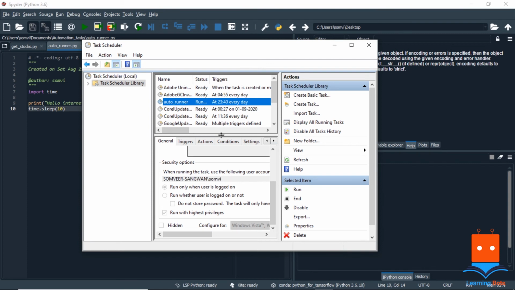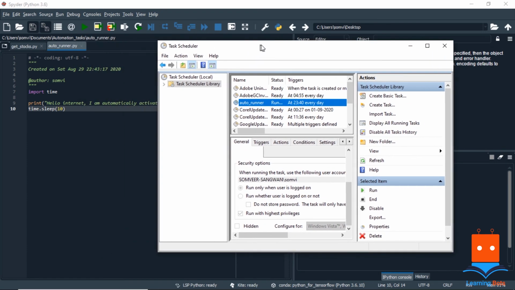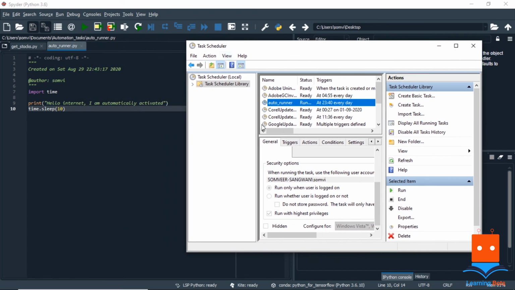So it is scheduled, and we can schedule it every time we want and for any duration. I just used it for one line of code, but it can run anything that has a Python script in it. We have done some previous projects like file automation and getting the stocks online. I have automated them using the Task Scheduler only, and it is the same process I have gone through.